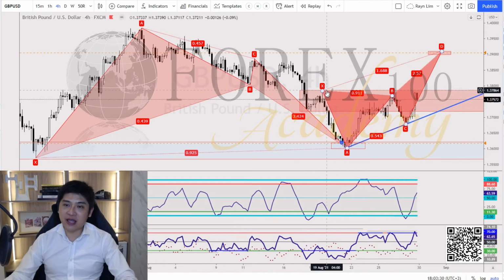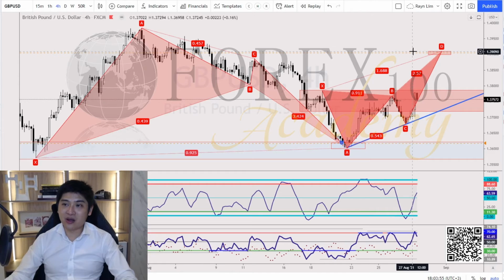So while this bat pattern is near the final target completion, this is a level that I mentioned that you can expect a bit of market consolidation, and at the same time the market might reverse in this direction. And while the first target has already been hit, mature traders will shift their stops to entry, putting themselves in a risk-free trade. And of course, traders who are looking to short, I have something for you over here, a deep crab pattern,